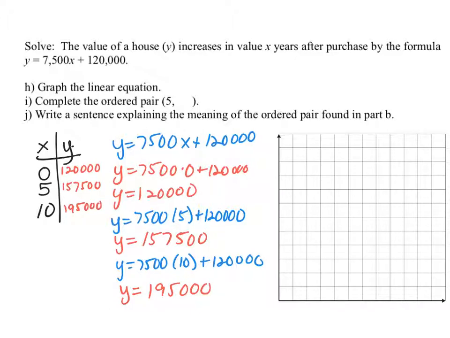Now let's use those points from our table to sketch the graph. We can sketch this just in quadrant 1 and label the x-axis as our years. X is the years after purchase. We can begin at 0 years, 1, 2, 3, 4, 5 years, 6, 7, 8, 9, 10 years. And then on the vertical axis, we wouldn't want to use each individual block as 1 unit, but we can extend that to start the graph not just at 0, but indicate that there's a break in the graph here,